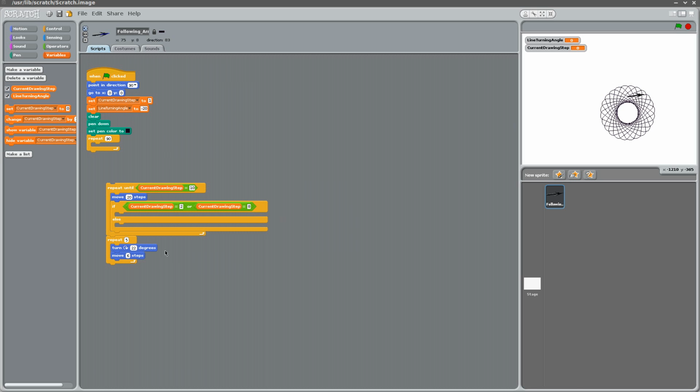And now what we can do, and also remember that at the end of this loop here, current drawing step is actually not being incremented, so we want to change current drawing step by 1 after we execute the entire thing. Otherwise we're going to create an infinite loop. The other thing we want to do here is turn our pen by the current line angle, or the